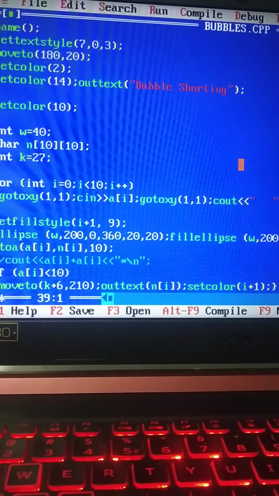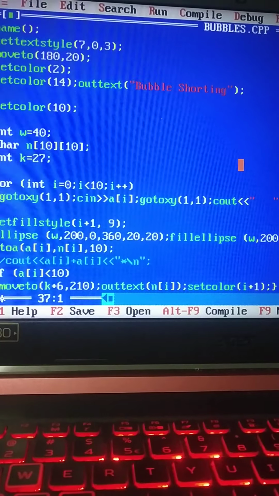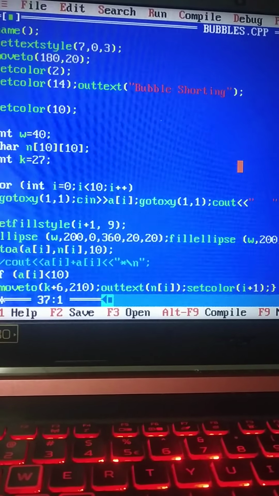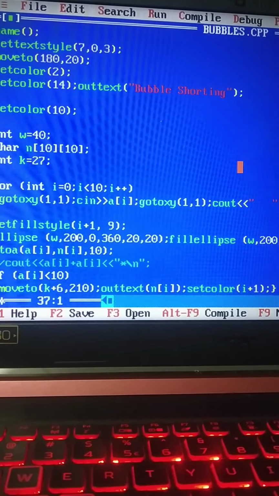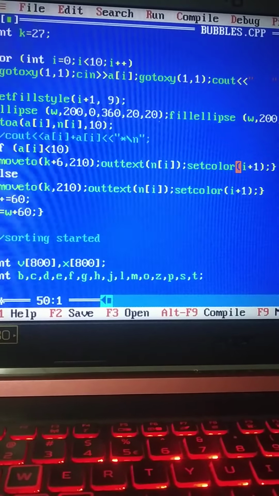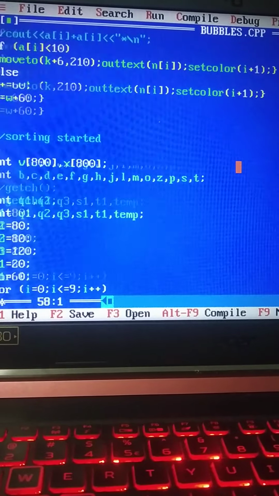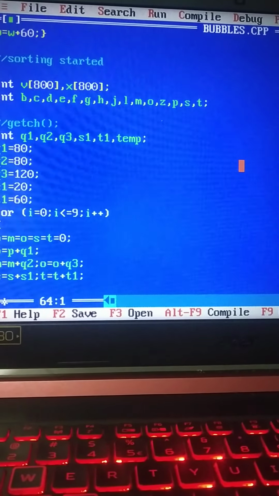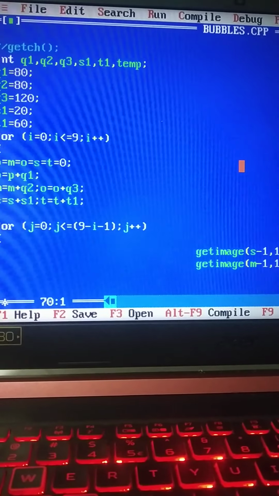Then the I2A function is there to convert any string or number, and then slowly I am applying this bubble sort technique. With the help of the bubble sort technique, my program is going to display all the numbers.